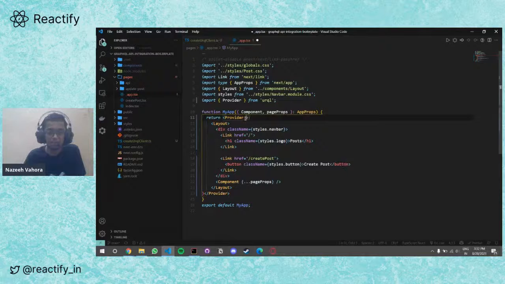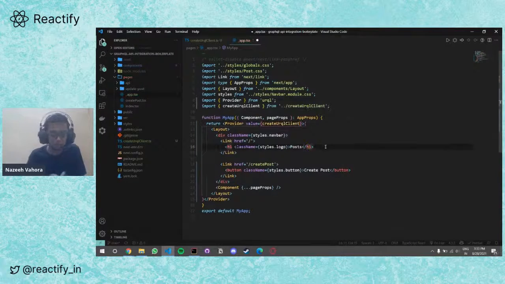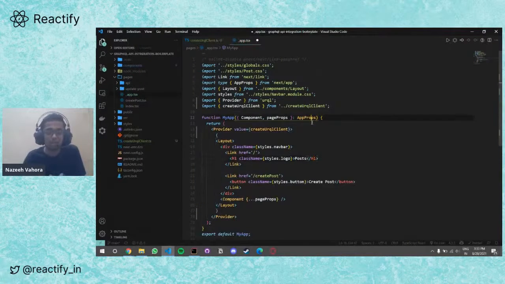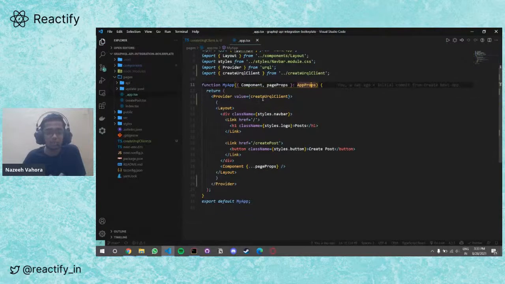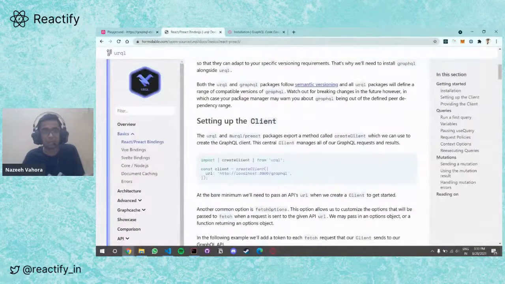And in that provider, we need to pass the client that I just created as a prop. Yeah, here we go. Now we have added the Urql package to our web app and we have also configured it. So let's query our API.